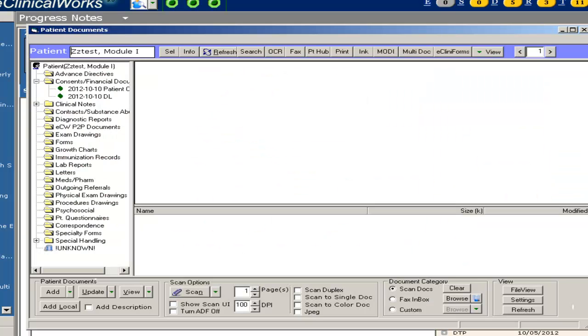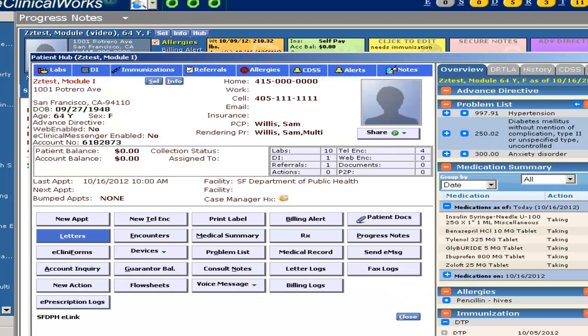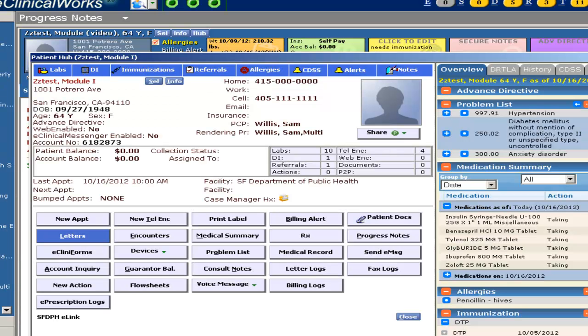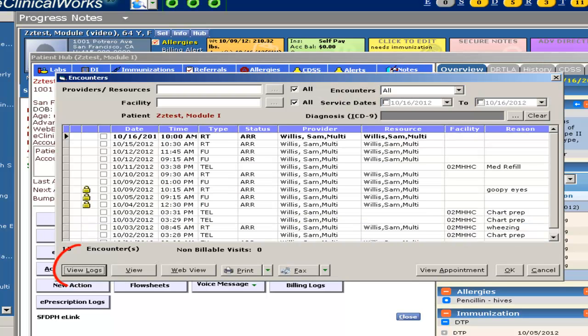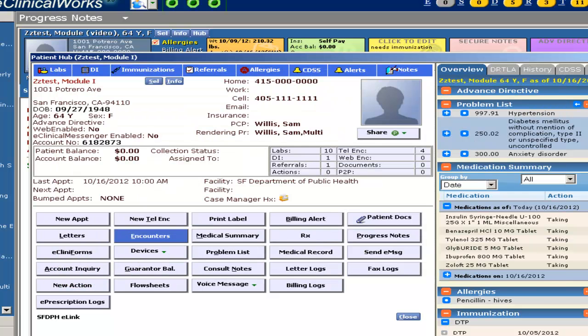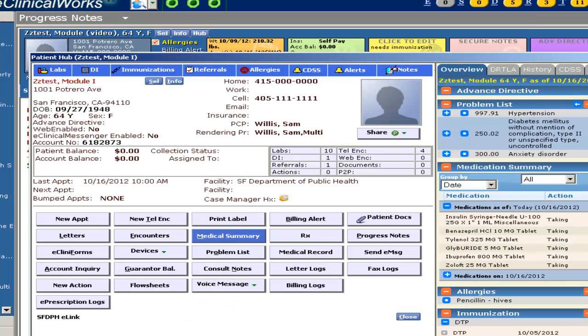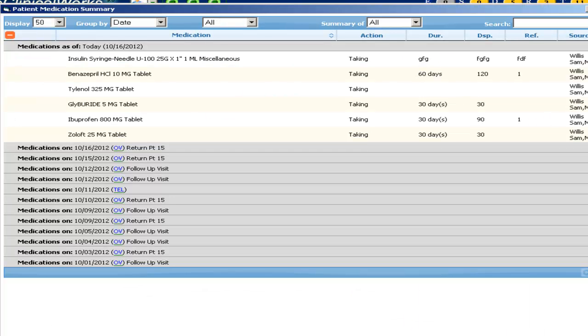Patient Documents takes you to the document screen. Letters takes you to where you can generate letters. Encounters takes you to a list of encounters. From here, it's also possible to view logs of who might have accessed those encounters. From here, you can look at a medical summary, medication summary,